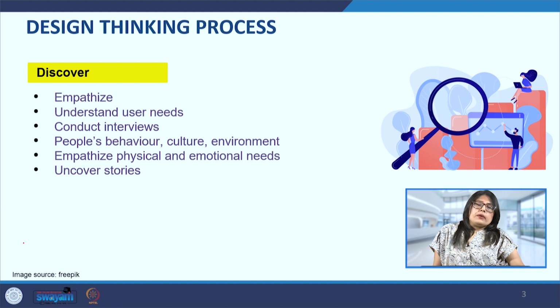And then journey mapping is another very important tool, wherein we visually represent the user's experience over time. In a physical example, if we are designing the transportation network of a city, and we want to see what kind of challenges a person who is wheelchair bound faces, then we will map that person's journey from point A to point B, and then we will see all the challenges that this person encounters.